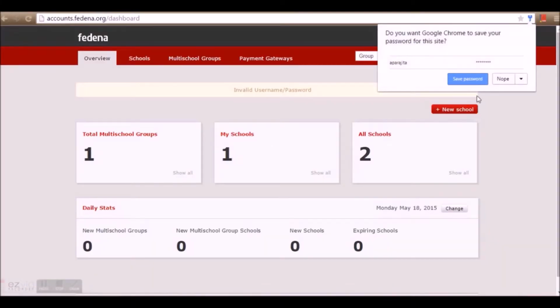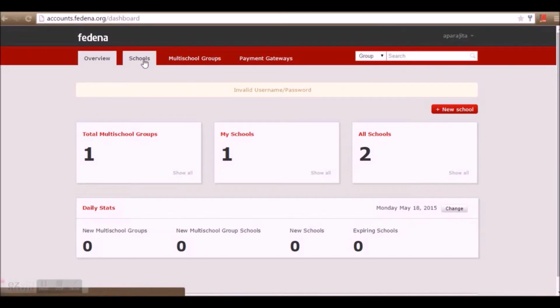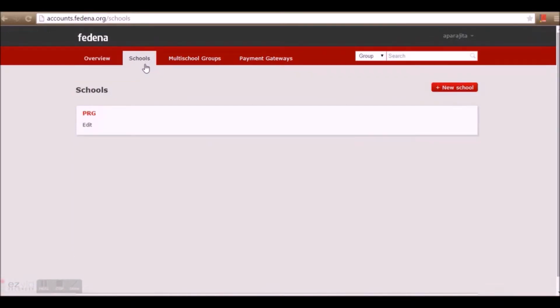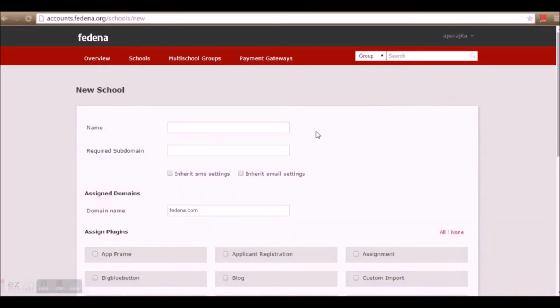Once we've logged in, we can go for the option schools and we can find the school that we've created here. I've already created a school. To create a new school, I can go for the option new school. Right here I need to enter the name of the school. Say I'm entering the name of the school as school